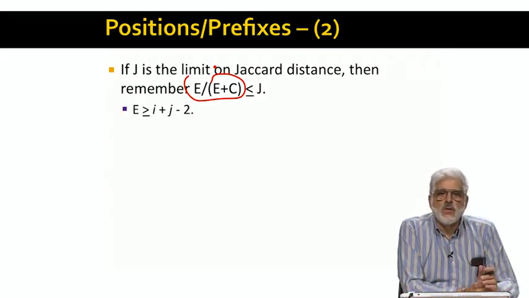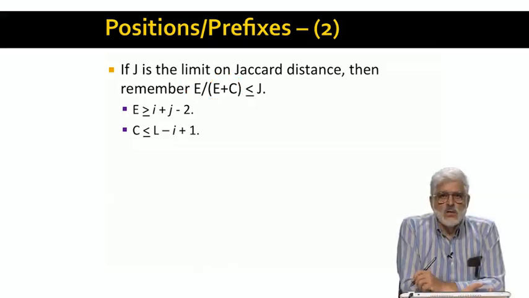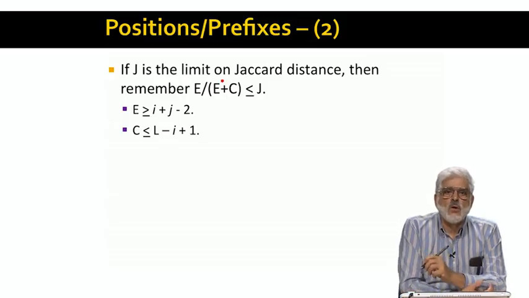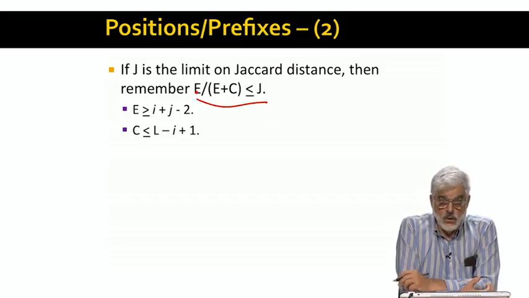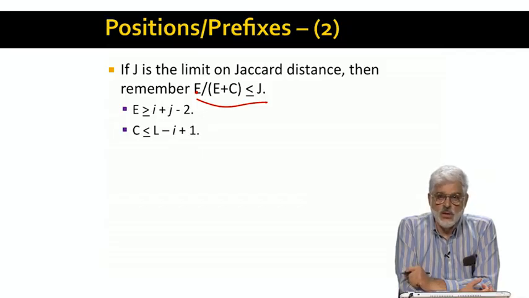From the previous slide, we know that E is at least I plus J minus 2. And C is at most L minus I plus 1, where L is the length of the probe string S. These two inequalities let us get a lower bound on E over E plus C, which, using this, must be less than or equal to J. That is, if we hold C fixed and vary E, then E over E plus C is minimized when E is as small as possible, since C is non-negative. If we hold E fixed and vary C, then E over E plus C is minimized when C is as